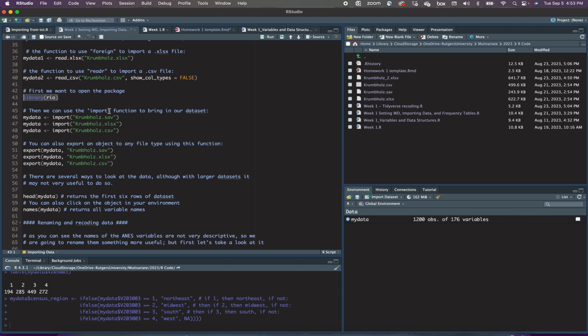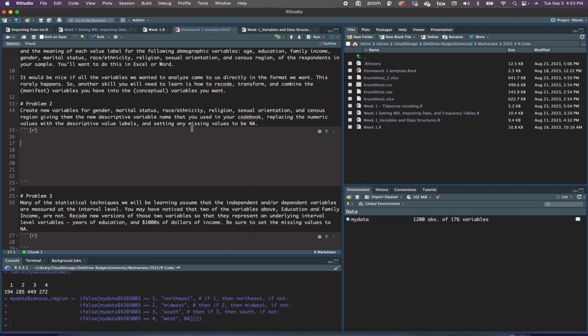They might be open in your R session right here that you're working in this script with, but when you come into your homework, your R Markdown template, when you go to knit this, it treats this as a closed environment. It doesn't recognize anything that is currently in your environment, and it doesn't recognize any packages that are open. So you're going to want to start off